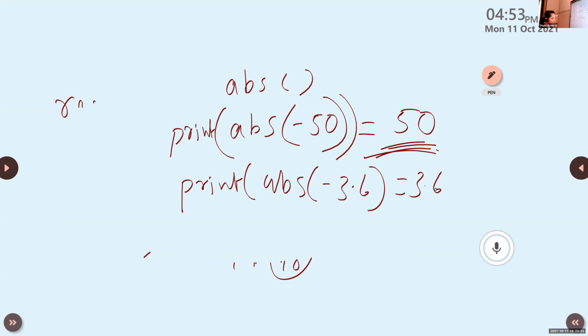And what is the use of the type function? Type is also from the first chapter. It is also one built-in function. What is the type function? Anyone? What is the type function? All of you switch on the video.